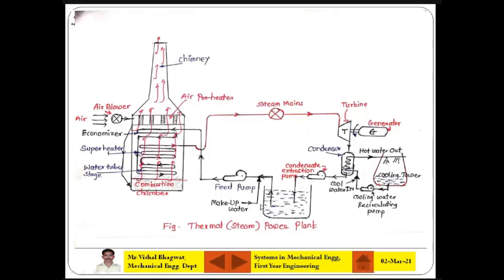Okay, so makeup water will be supplied from this reservoir. This is the hot well, and there may be some other source if this is not sufficient. So there will be some tank or river or pond, from which you can supply the makeup water if required. Okay, this makeup water. So this is about the thermal power plant.